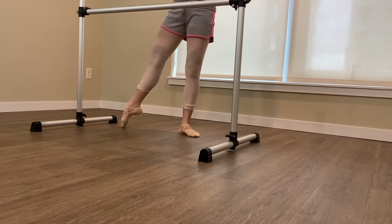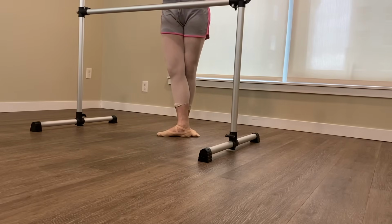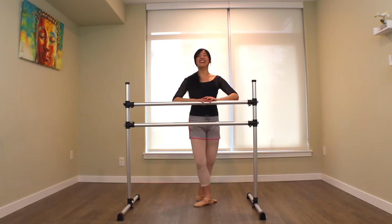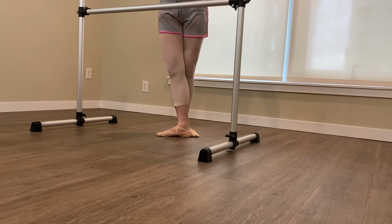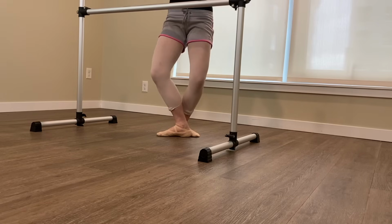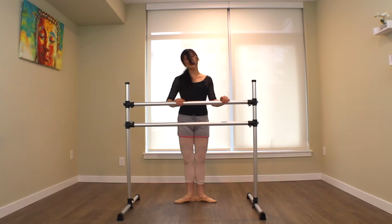We'll point the right foot, set it to fifth. Again, two demis, one grand, 1 and 2 and 3 and 4 and 5 and 6 and 7 and 8 and 1 and 2 and 3 and 4. After that, we'll point to the side. We'll come back to